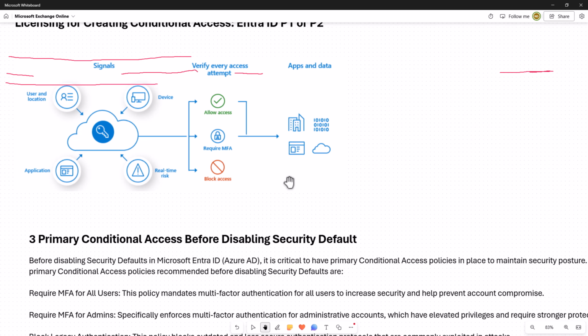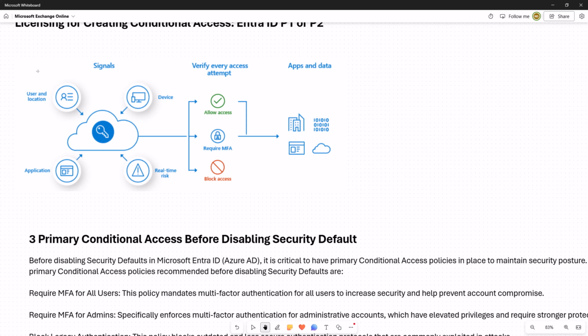Your account is managed by Entra ID. Your device will tell the location, the user location, the device location. All these things combine and send signals. Based on those signals, Microsoft Entra ID will assign you the policies, and the restriction, the access, allow or block, will be given to you.